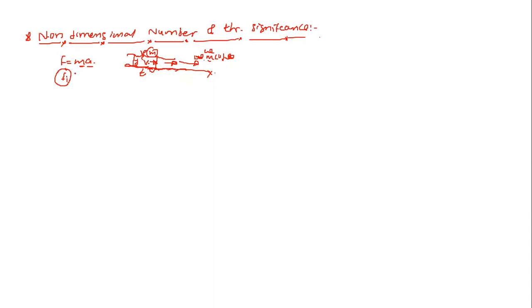यानी कि out of all the listed forces, about 6 forces I have listed here, I would have to go for once again. Inertia force Fi, we used to write. Gravity force Fg. Viscous force Fv. Then pressure force Fp. Then shear stress Fs, and elastic force Fe, that is bulk modulus of elasticity we can say. So total about 6 forces I have enlisted here. It may happen that others are to be there. So out of these 6 forces, one has to be there, that is the inertia has to be there.